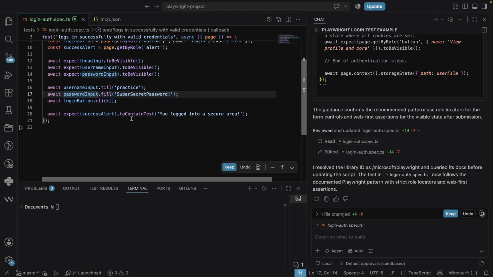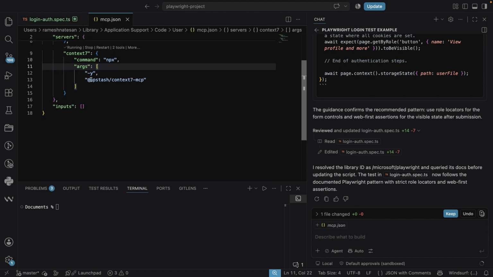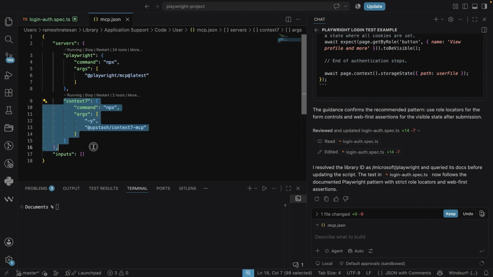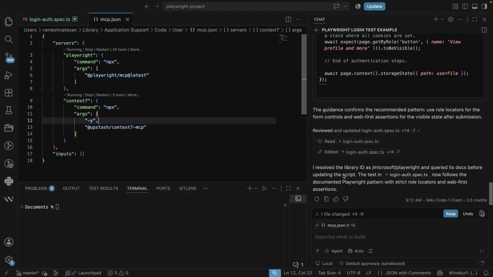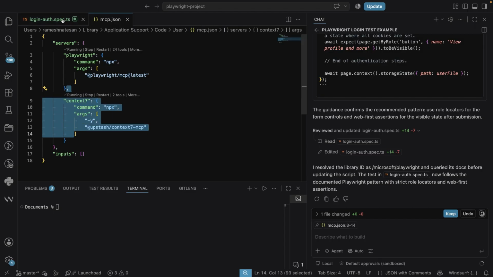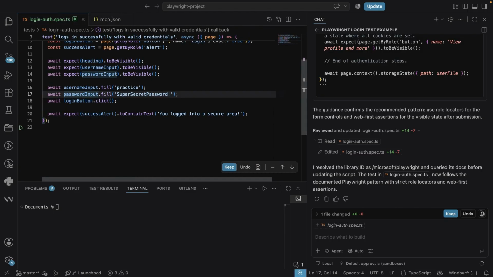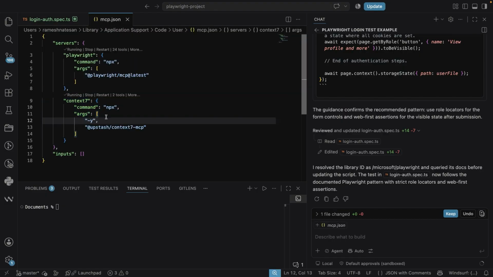So setting this up in VS Code takes less than 2 minutes, and it costs nothing. This is a free MCP server, and of course you have to use the tokens for your AI. But for this MCP server, all you need to do is add this configuration, and that's it. So open your MCP settings file and then add it under your list of servers, as I have done here. So once you save this file and reload your VS Code,